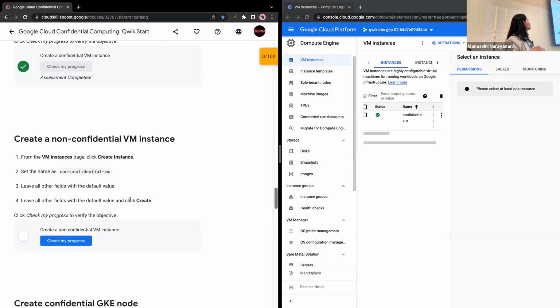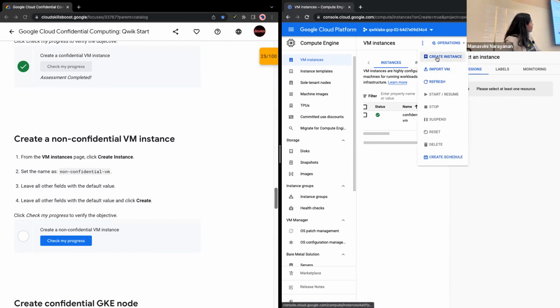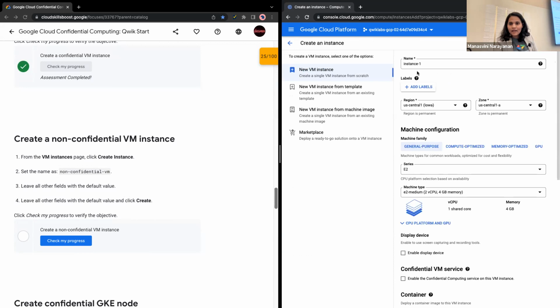Okay, now we are going to be creating the non-confidential VM instance to create a contrast, to see what the non-confidential VM is actually going to give us instead of the confidential one. So let's go ahead and create that. Do you see these three dots here? You can find it there and say create instance. Call this one a non-confidential one.